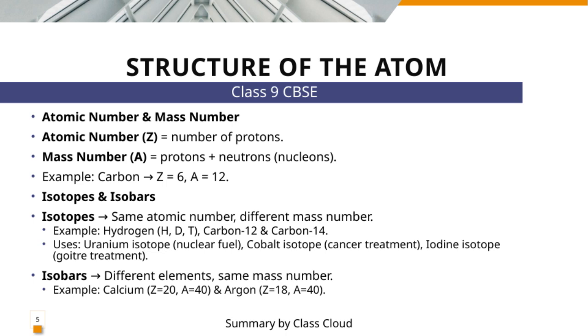Now, isobars are a bit different. They are atoms of different elements that happen to have the same mass number but different atomic numbers. For example, calcium, which has Z equals 20 and A equals 40, and argon, with Z equals 18 and A equals 40, are isobars. They have the same total nucleons but are different elements because they have different numbers of